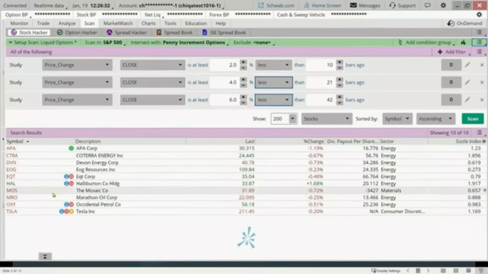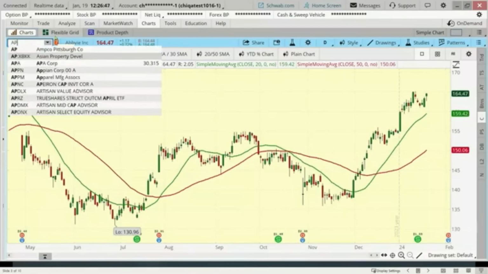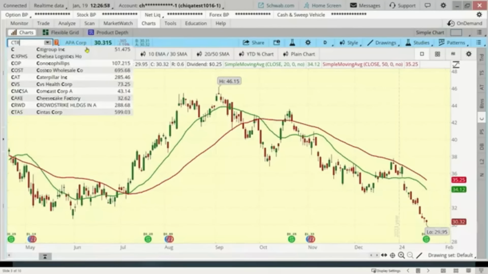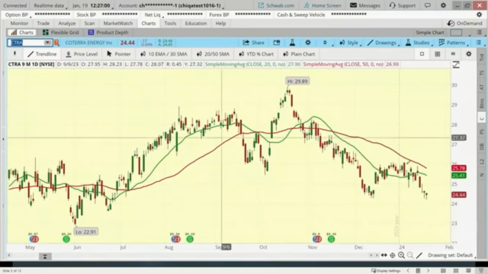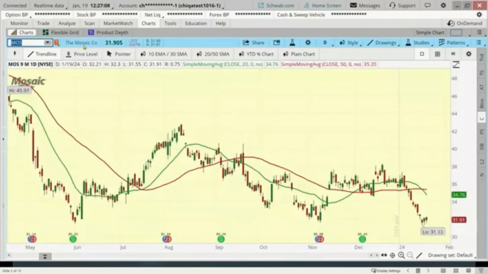Now, maybe we have some energy ones. I got some energy ones. Let me also look at materials here as well. That Mosaic doesn't have earnings as well. But these should be reflecting stocks that have been going down more. Here's APA, been going down, okay? Do you see how with the scan, and you can save the scan, so you don't have to build it each time, just save it, and then you can quickly find stocks that are going down. Here's CTRA, okay? Here's the non-energy one, here's Mosaic.